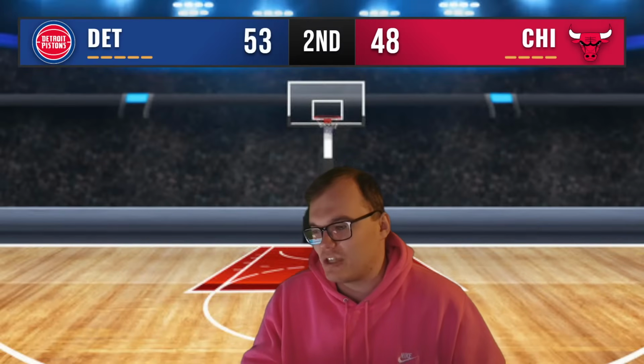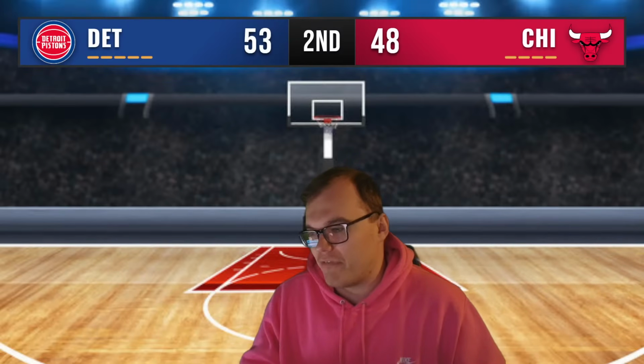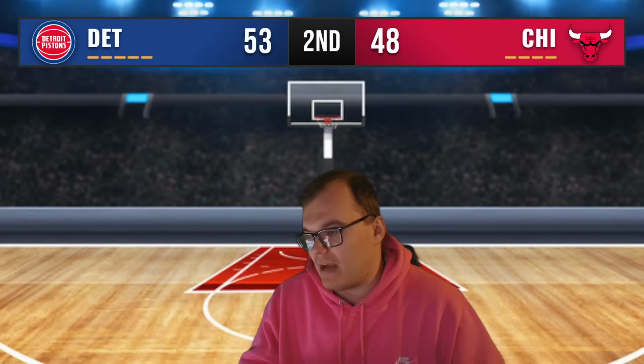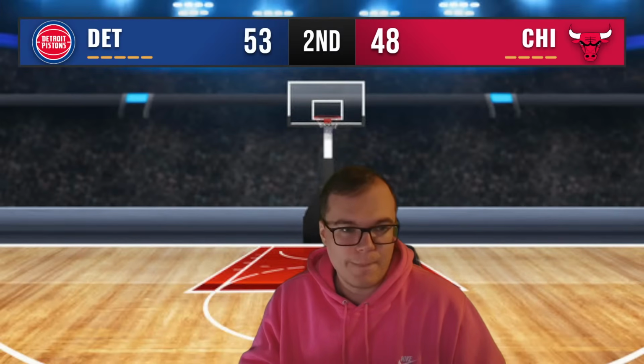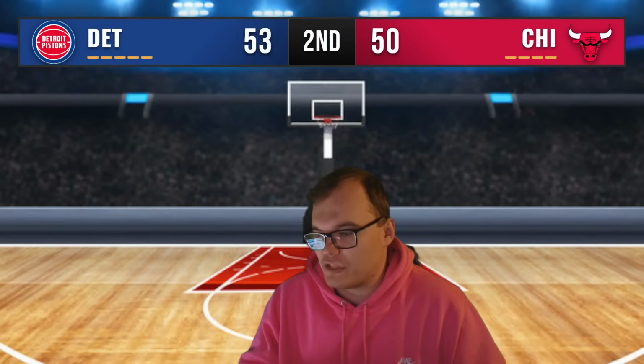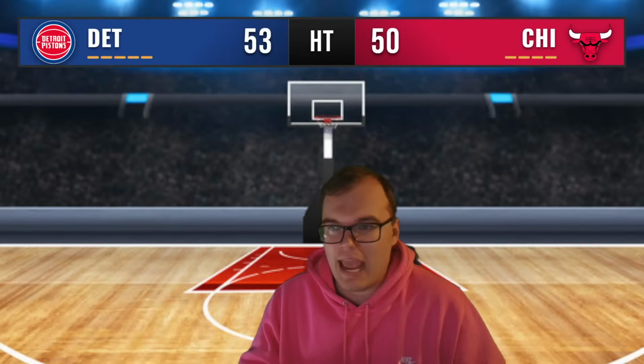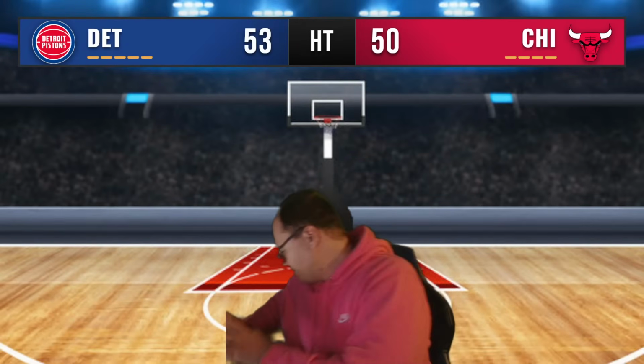About 10 seconds left. Giddey with the basketball, Simons sets the screen, rolls off it, finds a wide-open Bull for 3. Off the mark, misses horribly. Javonte Green comes up with it, Giddey steals it away, though. Floater is good. 53-50 basketball game as we hit the halftime break.